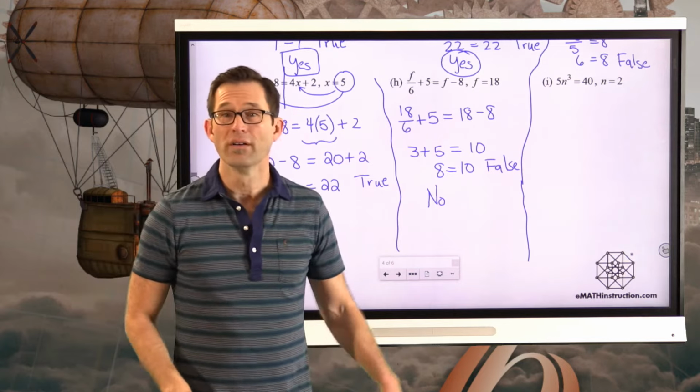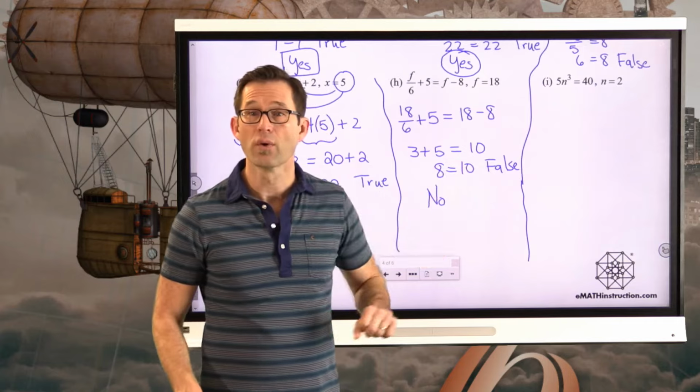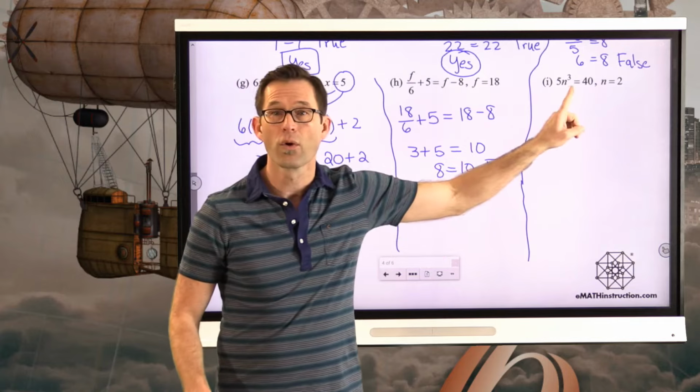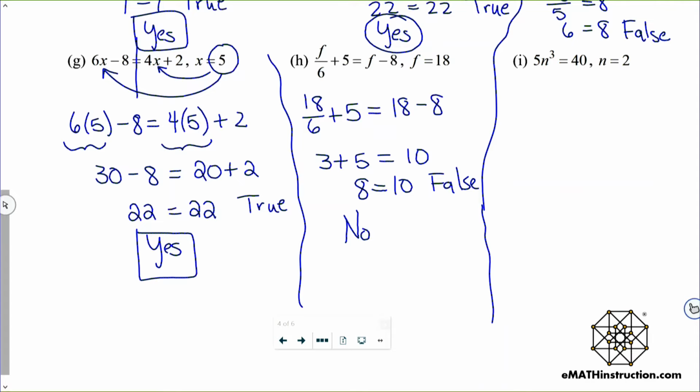And now our final one that involves exponents. So here we go. I'm going to put the 2 in for the n, right? So I'm going to have 2 cubed. Now keep in mind, order of operations says we have to do this exponent first. And if you can't do that in your head, then maybe you come down here on your paper and you